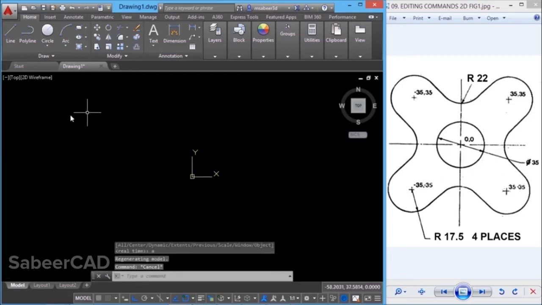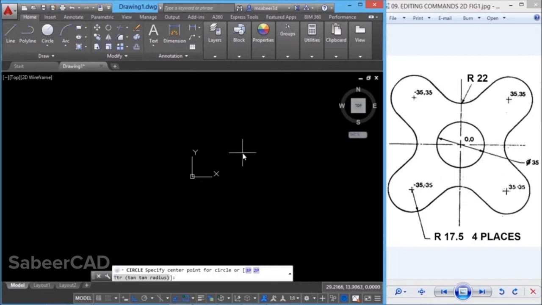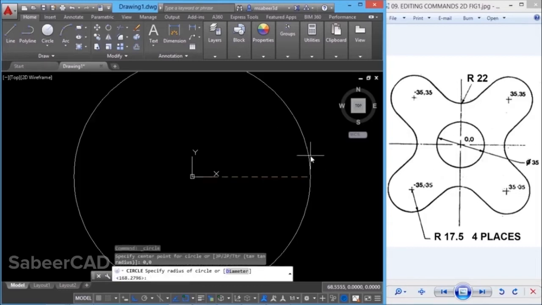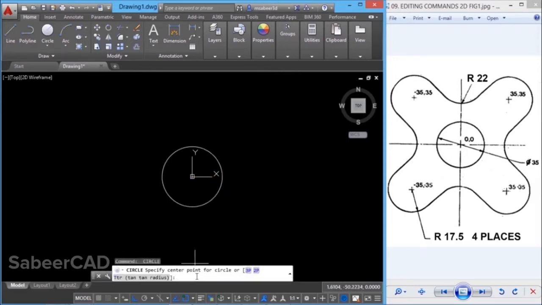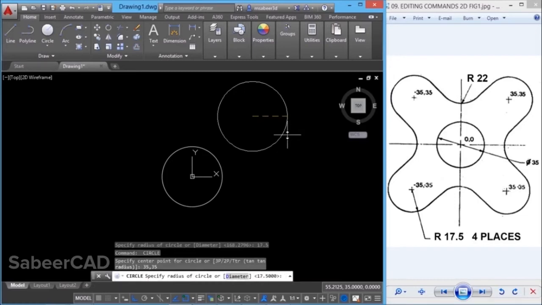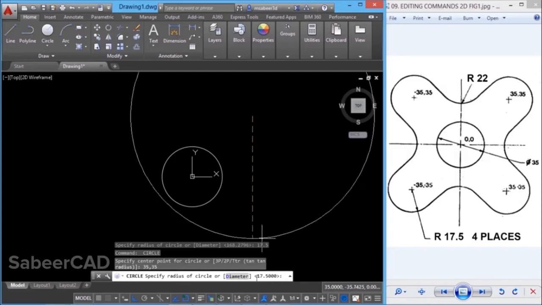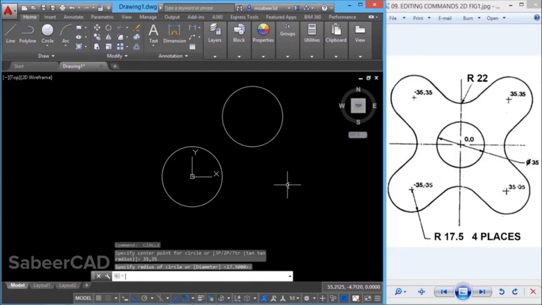Now let's create circles. So I'll click on the circle command, center radius method. When I'm asked to give center, I'll give 0, 0 because I'm creating the center circle first. Now it'll ask you for the radius. I'll give 17.5 as the radius. I'll give enter to repeat the circle command. Now I'm asked to give the coordinate of the center point of the next circle. I'll give 35, 35. When I'm asked to give radius, I don't have to give any value because the radius of the most recently drawn circle will remain there as default. So I'll give an enter to accept that value.